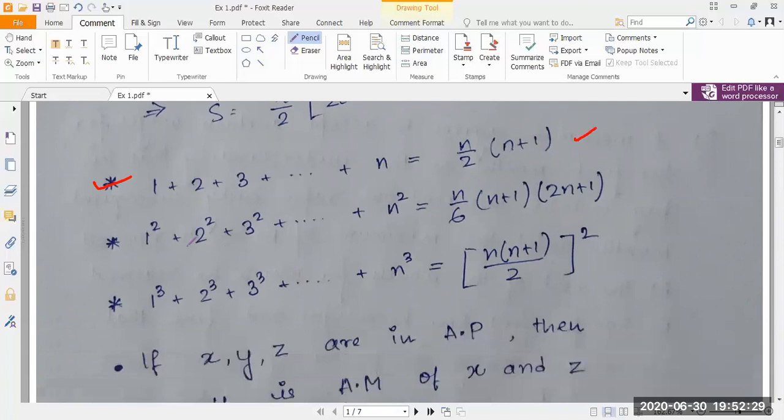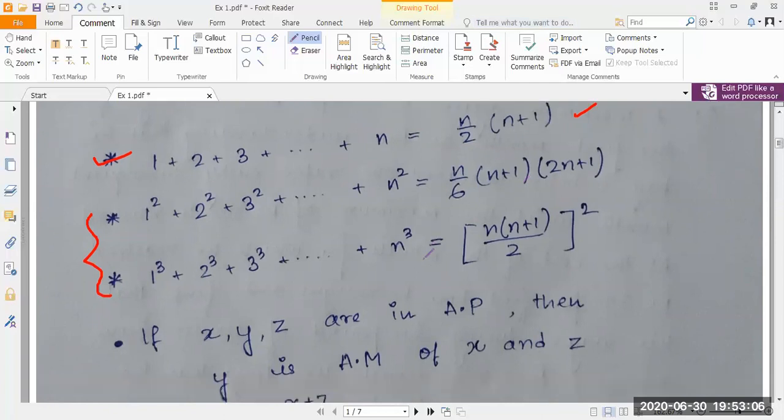The next equation that we have is sum of the squares of the first n natural numbers. These two you do need to remember, because these two are proved by mathematical induction, which we may prove in near future sessions, but we'll stick to them as formula in this session. So we'll have 1 square plus 2 square plus 3 square up to n square gives n by 6 into n plus 1 into 2n plus 1. Again, for the next one, for sum of the cube of the first n natural numbers, we have n into n plus 1 by 2 whole square.